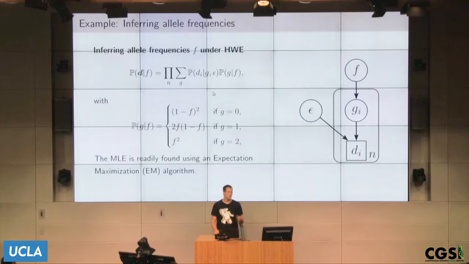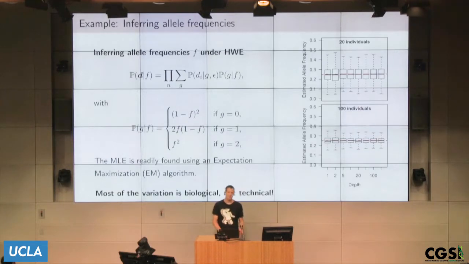And as I said, for this one it's super simple to derive an EM algorithm, and I can generate some estimates. If we run some super simple simulations in R, which I did the other day for illustration purposes, we might end up with something like this. And I think that's actually quite telling, and it tells us a lot about what we should do in these types of models. What I show you here is the estimated allele frequency, the maximum likelihood allele frequency,